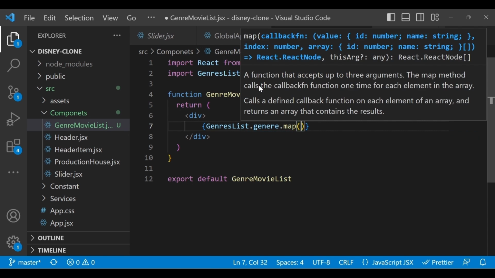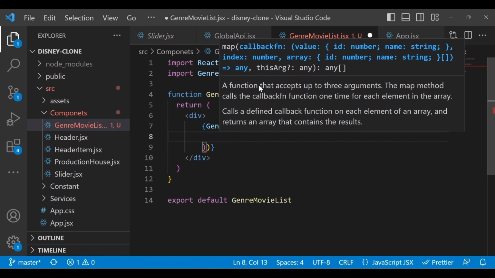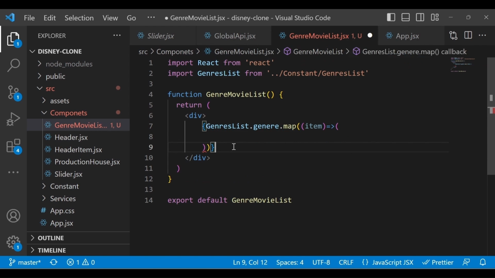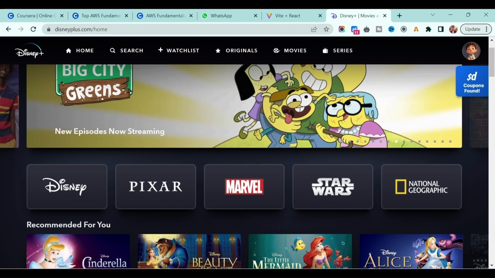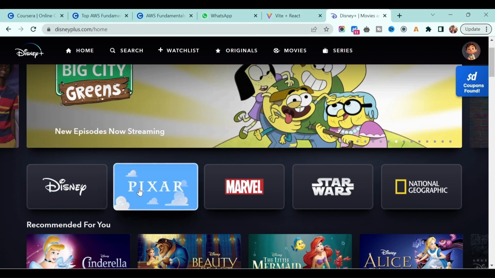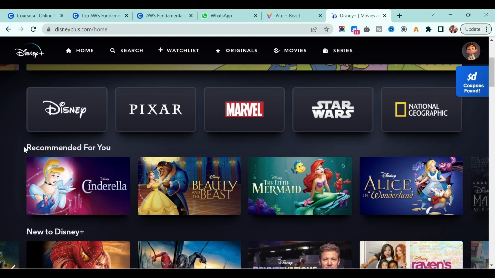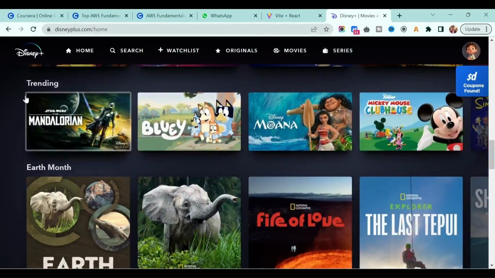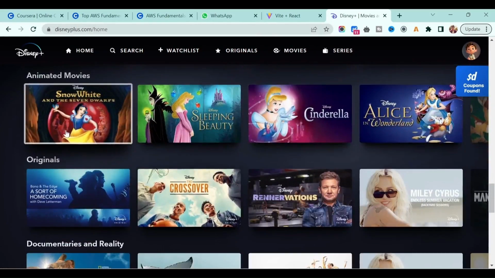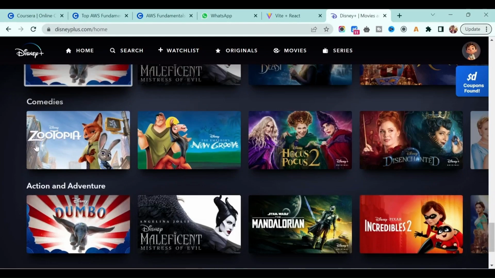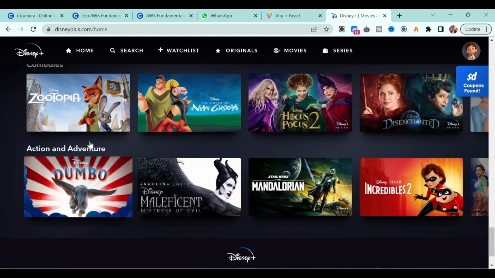Then map it with the arrow function. Here we have to print the name of the genre. If you see this particular Disney application, we have different genres: animated movies, originals, comedies, action and adventure, like this.